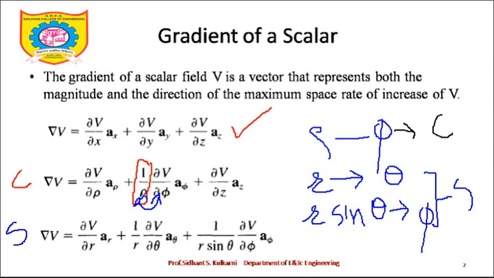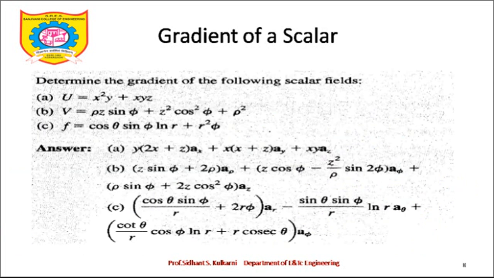Let's proceed with our discussion. What is gradient? First thing is, gradient is a point of maximum slope on a curve, any curve. Now gradient of a scalar. Now see, there are three fields which are given to you: u, v, and f. See, there is no vector notation here because it does not carry any vector sign. x square y, x y z. So whenever anything is given to you in electromagnetics, first of all ask yourself, in which coordinate system is it? It is in the Cartesian coordinate system or rectangular coordinate system.